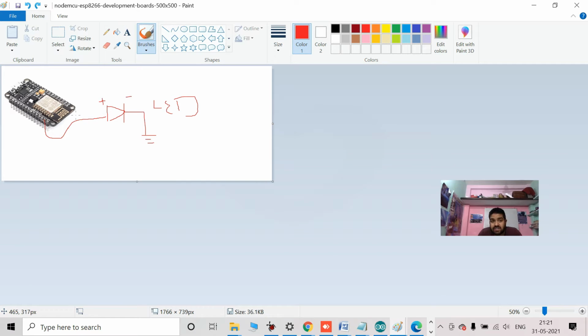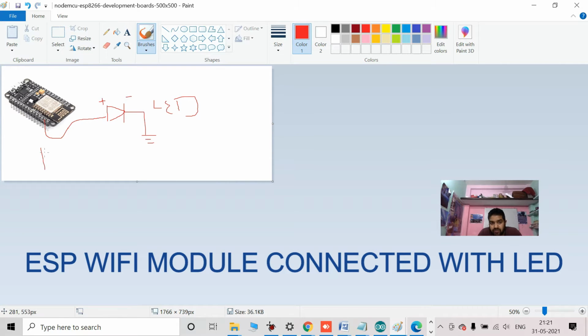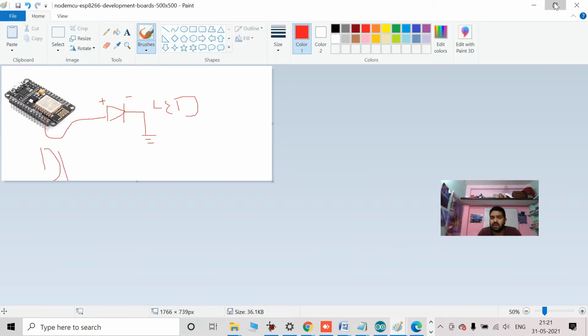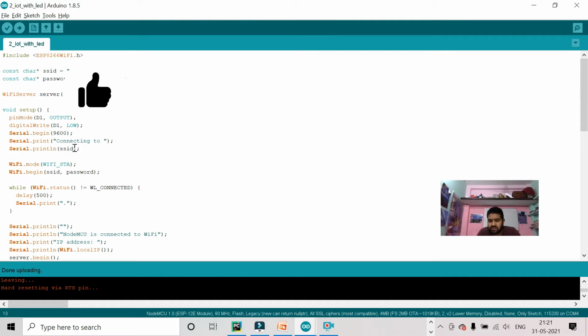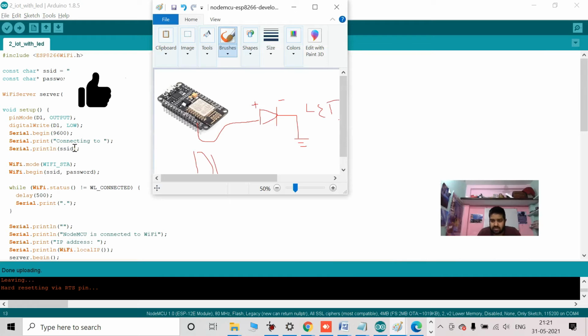The anode of the LED is connected with the D1 and the cathode is connected to the ground. That is a simple circuit, right friend? This is a code which I have already told you. Just send your email ID, I will directly share the code. So, friend,